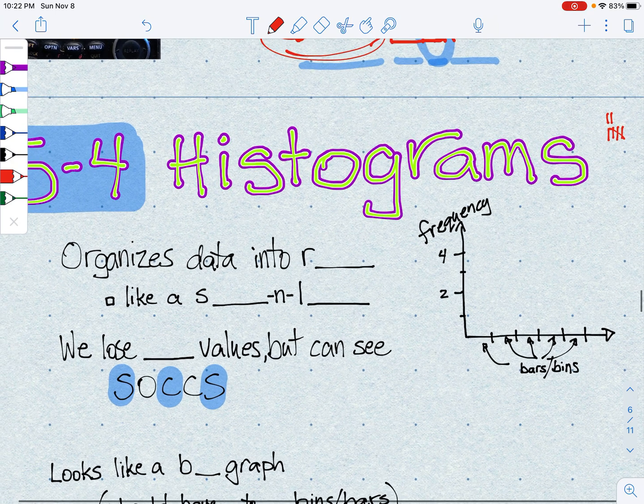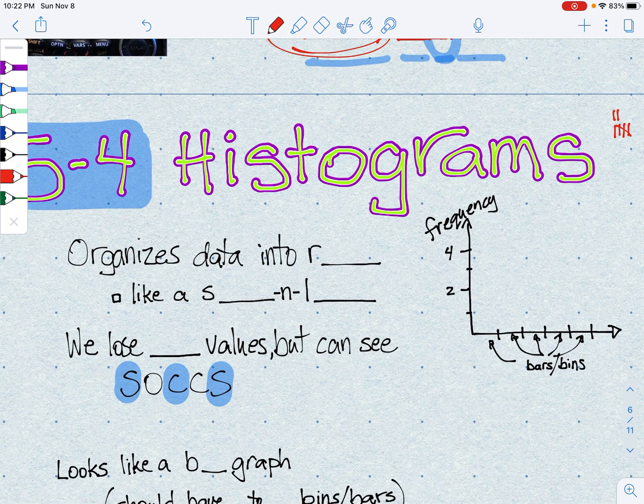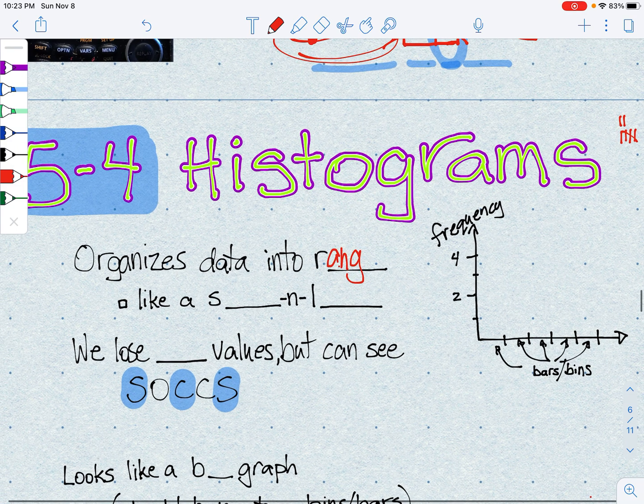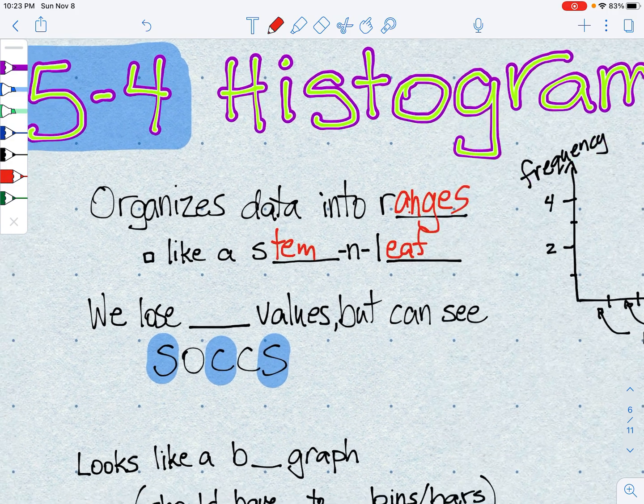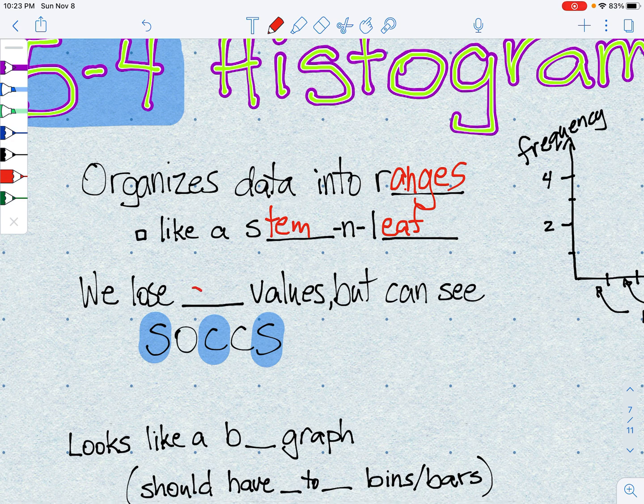What this histogram does for us is it organizes our data numbers into what we would say is ranges. It looks a little bit like a stem and leaf graph that we have done before, only what we end up having is our stems are here and our leaves go here. All right. Unfortunately, we lose our data values,